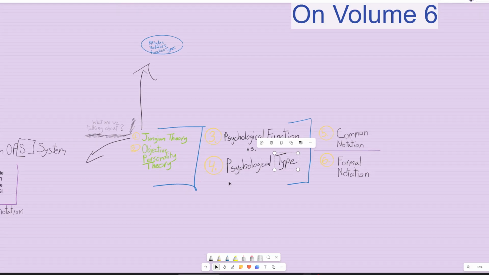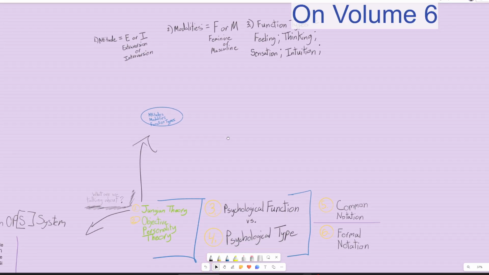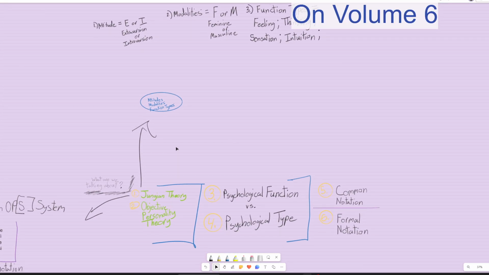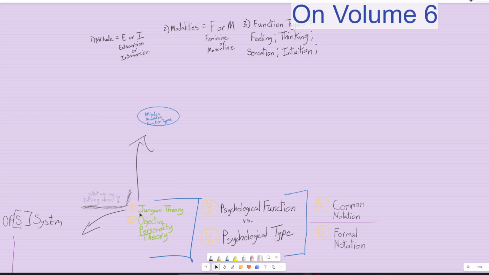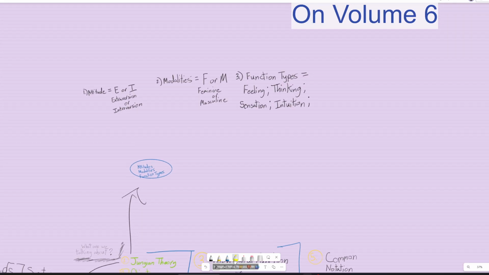So in a previous entry, we blew up our map with a lot of copied and pasted notebook pages out of Volume 6, or The Psychology of Individuation, the original translation. And we made it to, so we're talking about Jungian theory, and what is included in Jungian theory. We're talking about attitude, introversion or extroversion, modalities. This is not in orthodox Jungian theory, by the way. I should point out that